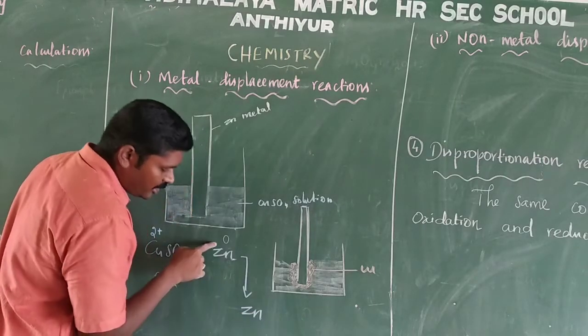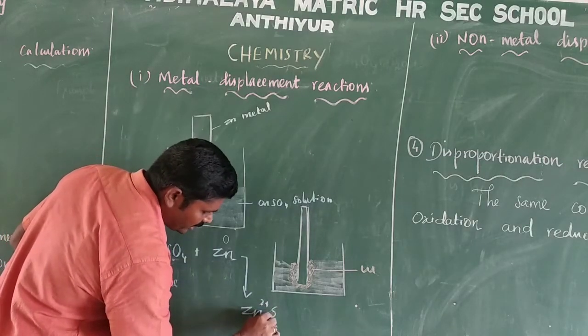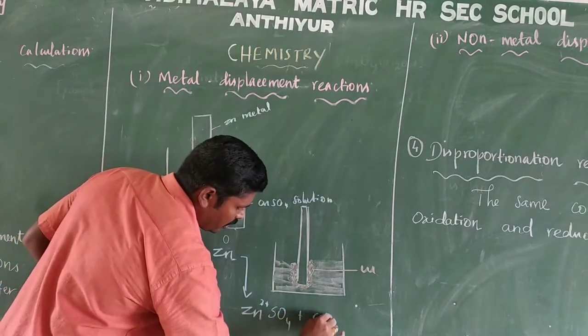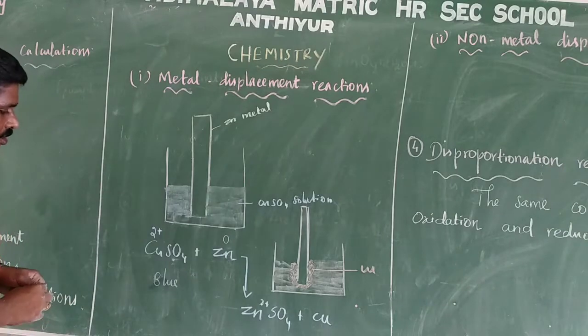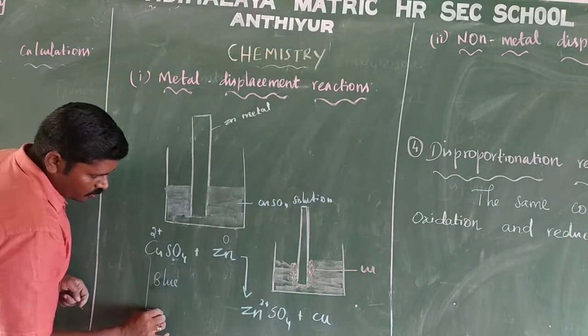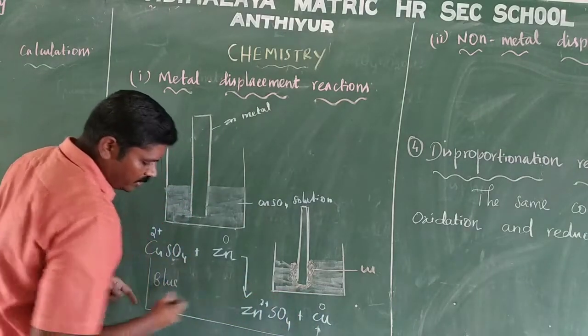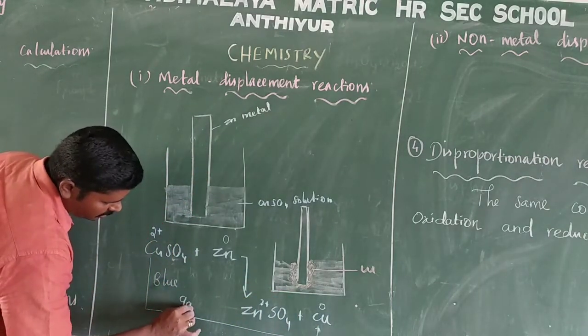So zinc 0 to zinc 2 plus ion, zinc sulfate, copper 2 plus to copper 0, gain of electron,